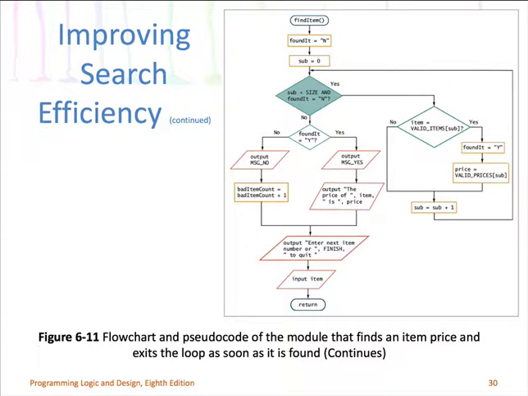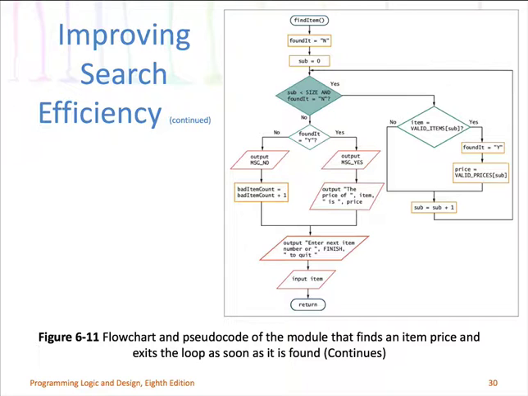So here on slide 30, in the highlighted green box, is exactly what I told you I would do before. If the sub size or the subscript is less than size, and I have not found the item yet, then look at the next element in the array. There's still one problem